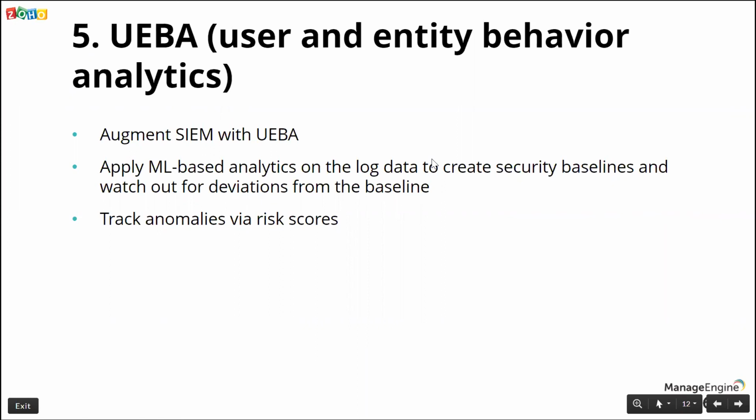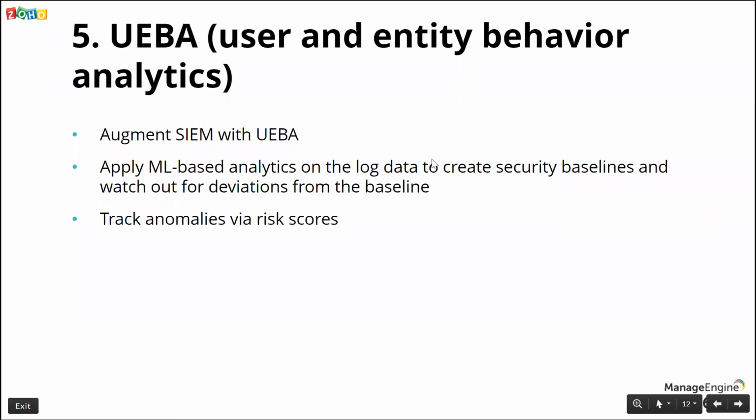And for them, it's like, oh okay, I can just do the attack in a more clever way so that I don't end up tripping one of your correlation rules. And then the attack might go undetected. So to fill up those gaps where your rules cannot really detect a potential threat, you want